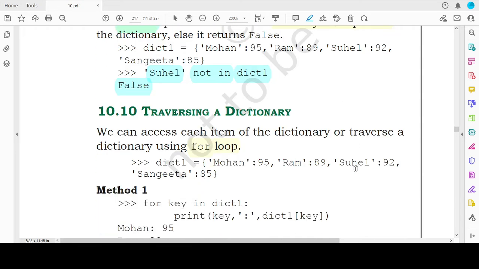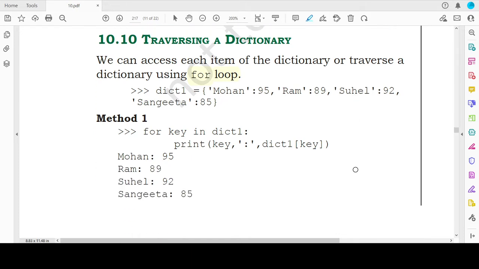Now quickly coming to how we can traverse a dictionary, or how we can access different items that are present in a dictionary. We know that every item is a key value pair in a dictionary. So we use a for loop and iterate over the keys that are present in a dictionary, and we can print the key value pair corresponding to each key. So how do we do that? When we write a for loop, we specify the keyword for, then we use any variable name. Here the variable name is key itself, and